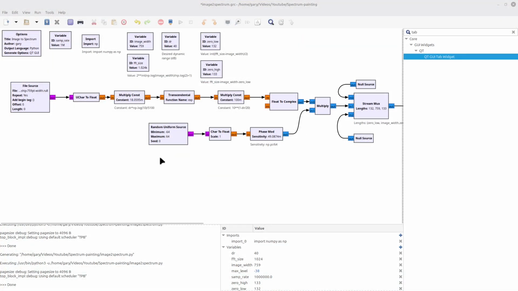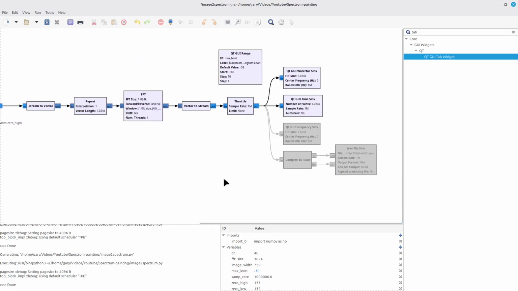I'm now back in GNU Radio, and I'm looking at the flow graph that I've created in order to take the image and convert it into something that we can then put out onto a spectrogram. I have this particular one set up such that we can use it either to export directly into an SDR, such as a HackRF, a USRP, something like that, or you can also, if you so desire, export it into a file sink.